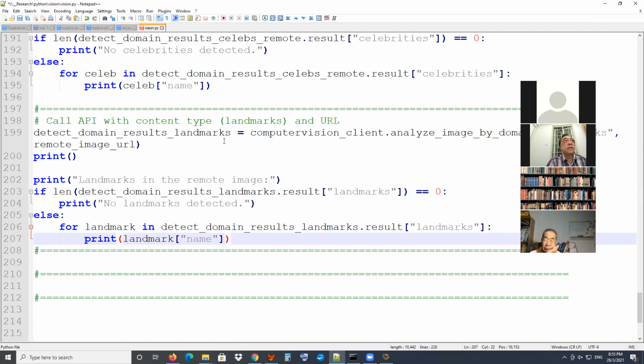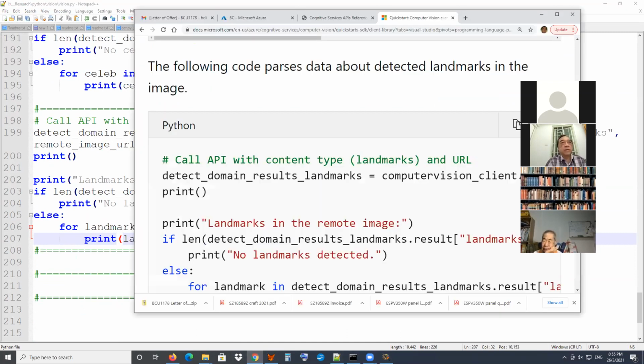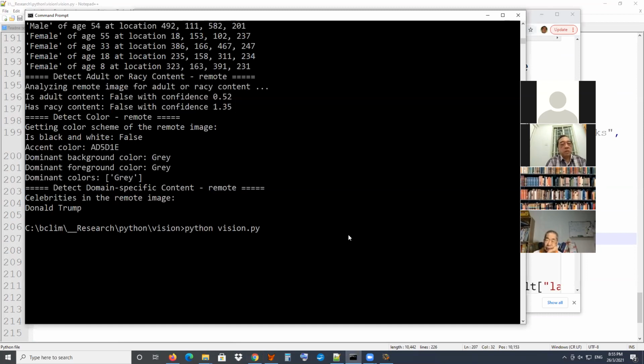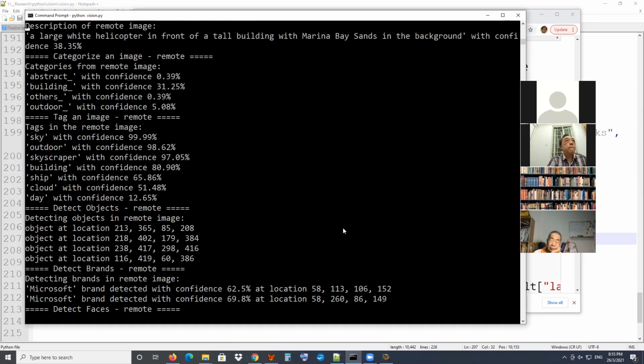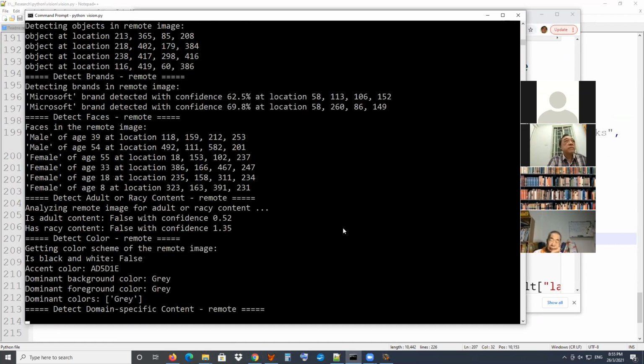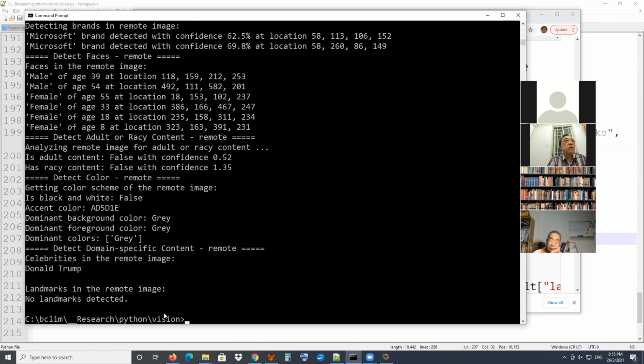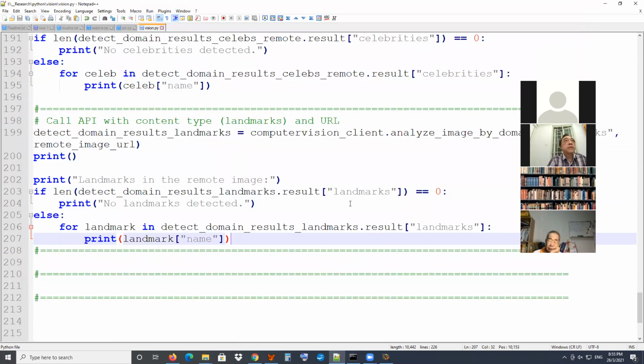This landmark is the image, a different image. This is not the face. Oh, there's no landmark detected. So this